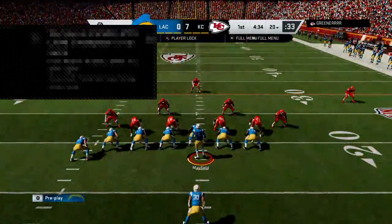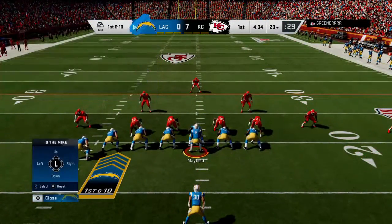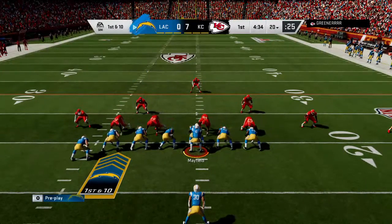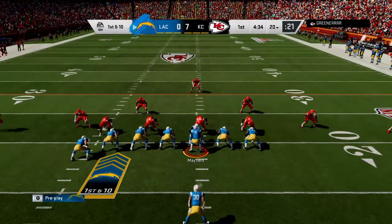Set, 180. I'm coming after you. Hey, up. Check 24. Watch 20. Alert. Watch the safety creep. He's coming. We got double